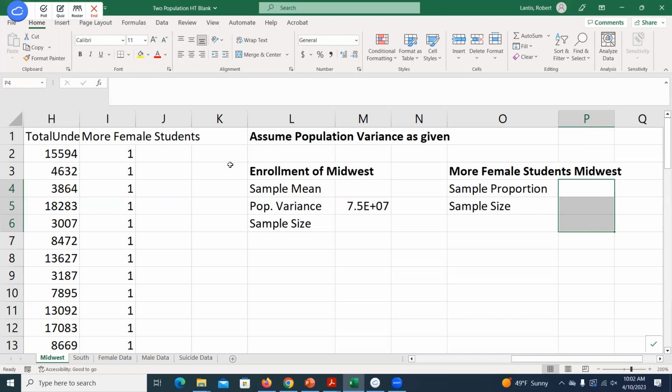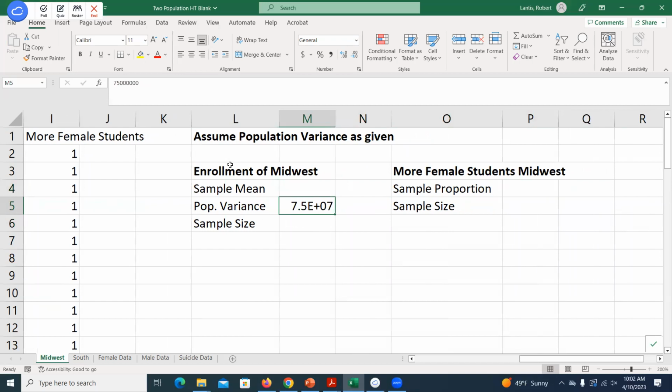Okay. So what do we need to first do, right? In a lot of these problems we work through in class, we're given these sample means and these sample sizes. If we're actually doing this in practice, we need to calculate these from some data sets. Now, we're going to walk before we can run. We'll eventually look at some examples today where if we only have the sample variance, what do we do? But for right now, we've got some known population variance that was given to us. Okay. We're then going to